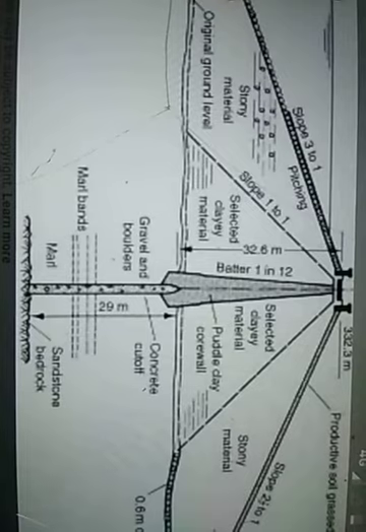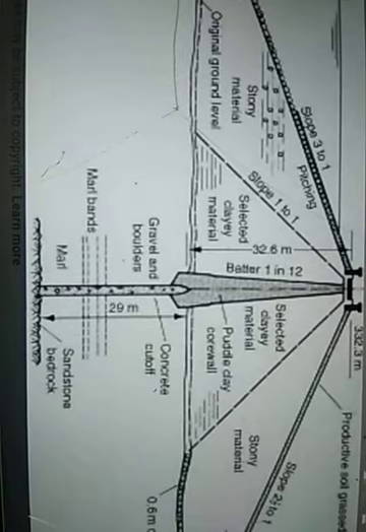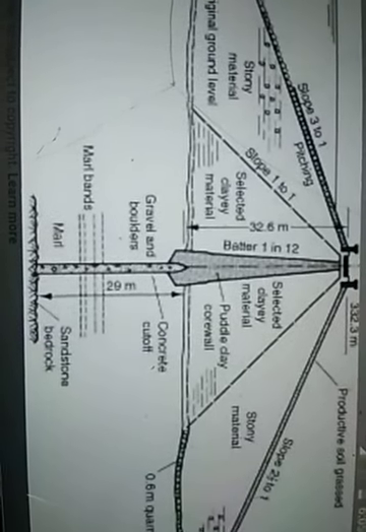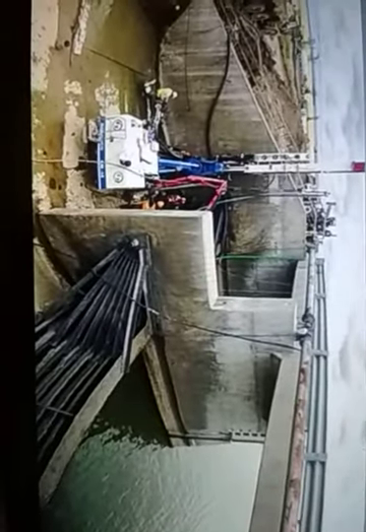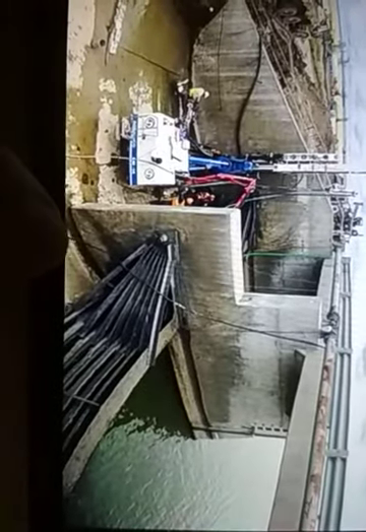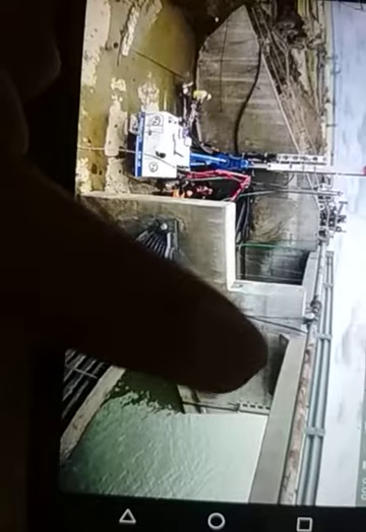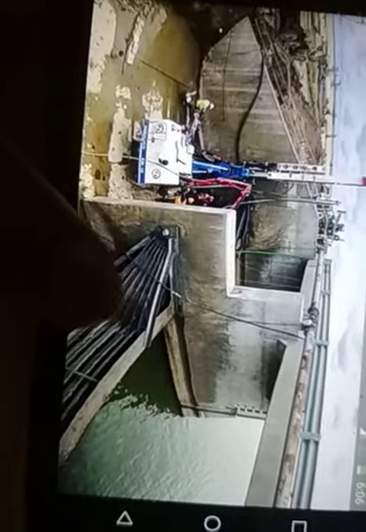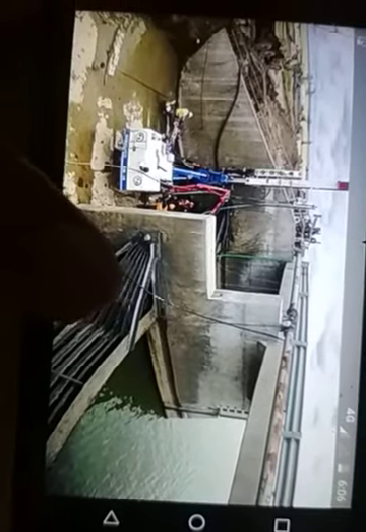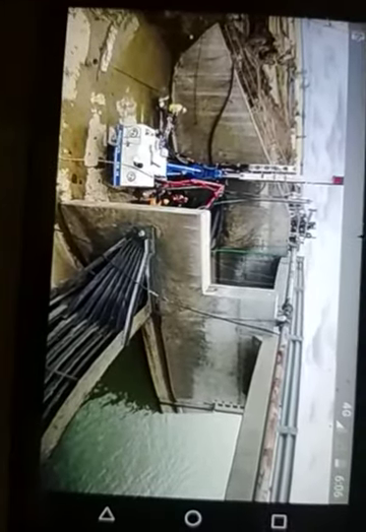So the slope on the upstream and downstream sides is 3:1 and 2.5:1. So you can see here, this is a cutoff wall. Okay, this is a cutoff wall in angle shape, with bridges over the cutoff wall here, and this is the embankment. So the cutoff wall is provided to support the overall structure above it on a dam.